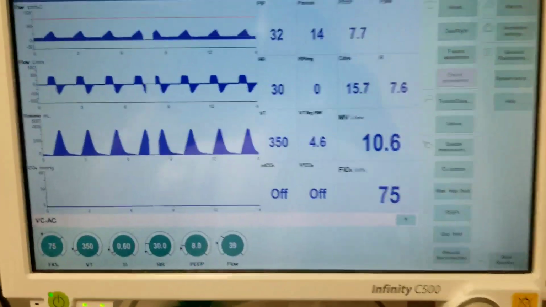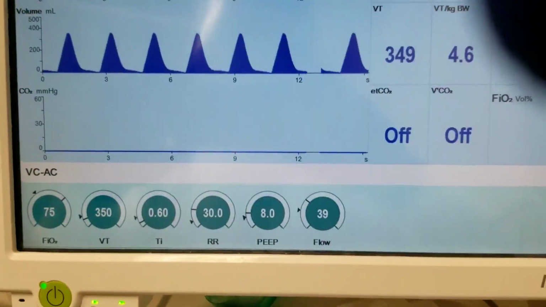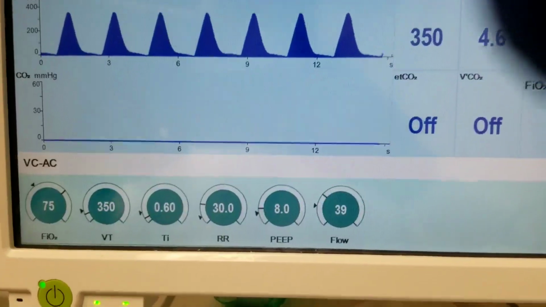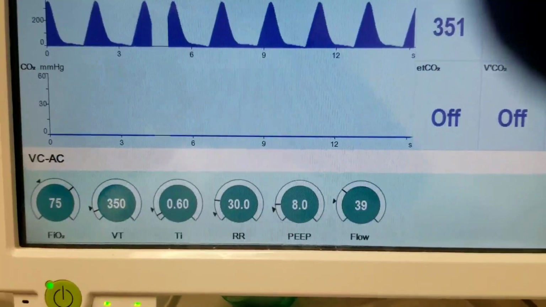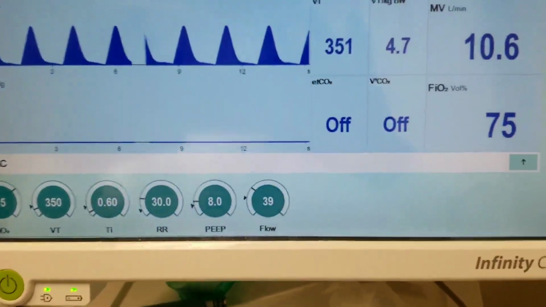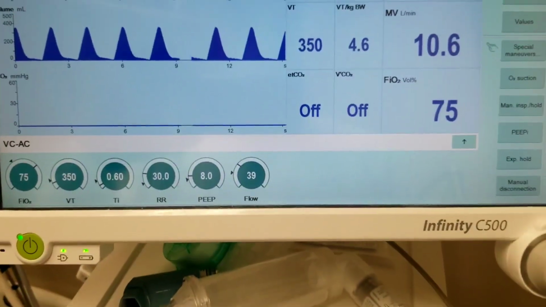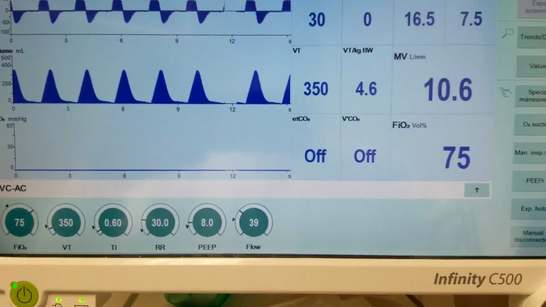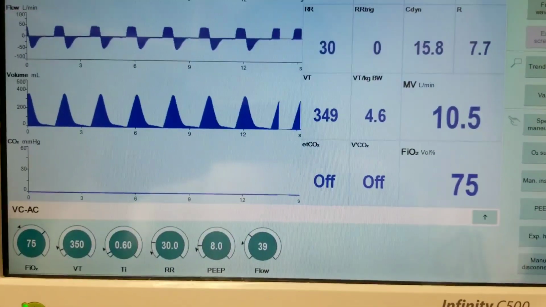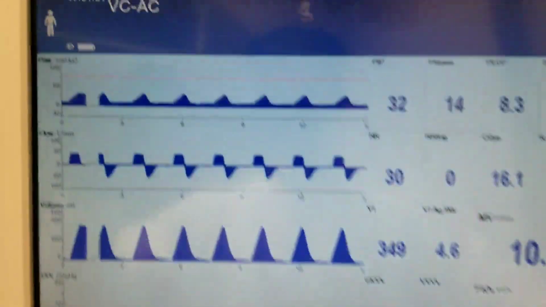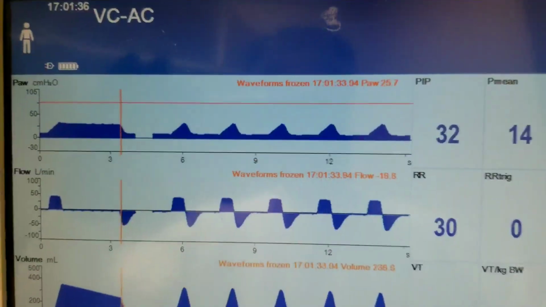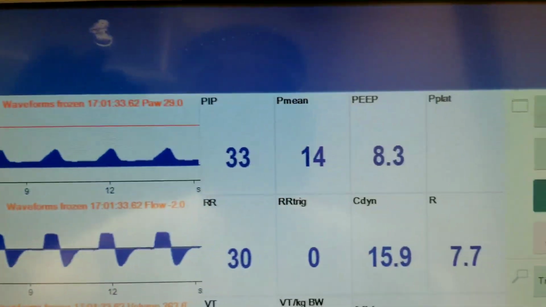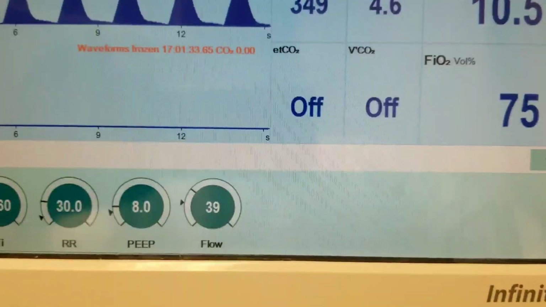Okay, so the patient currently is on ACVC, 75% oxygen with a SpO2 of 92. We're putting 350 for now, a respiratory rate of 30 and a PEEP of 8. That's where we're going to start. So let's do this. We're going to do a plateau right here. It's hard to do with one hand. All right, so we're at 29 with a PEEP of 8,